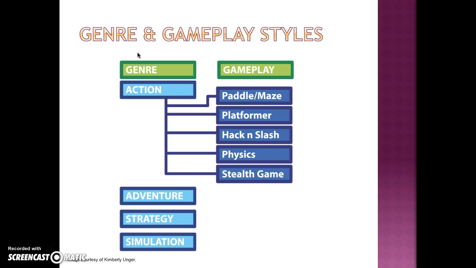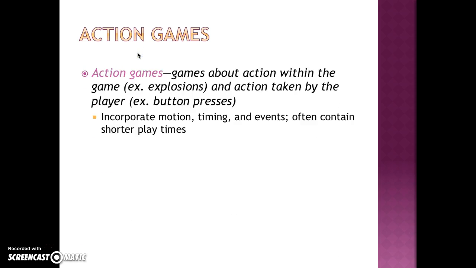Here is a chart showing the different genres on your left and the different gameplay styles on your right. As you can see, action games can have a bunch of different gameplay styles, and we're going to focus on 5 today. Action games are all about action within the game, such as big loud explosions and gunfire, and action taken by the player, for example, button pressing.